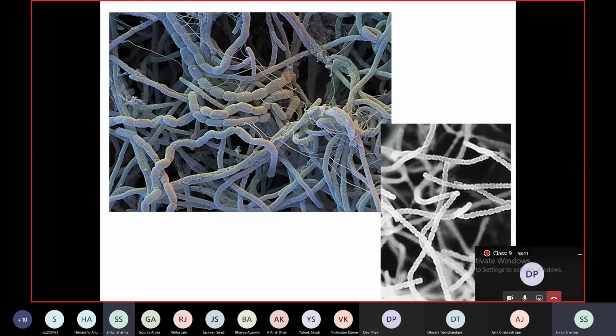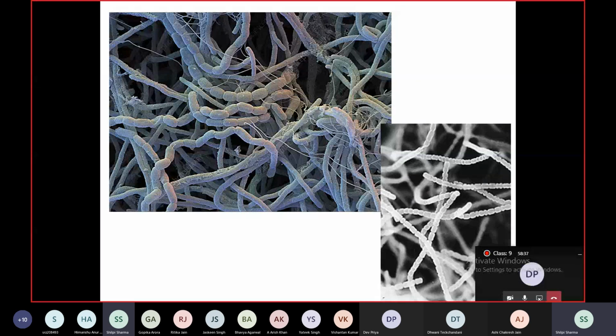I would like to know from the last 3 or 4 lectures, what have you understood? What do you see here? Himanshu Anuragi is not here. Kashish, will you tell? Am I audible? Yes, you're audible. Kashish, tell me, but you will have to give a reason for whichever organism you name.